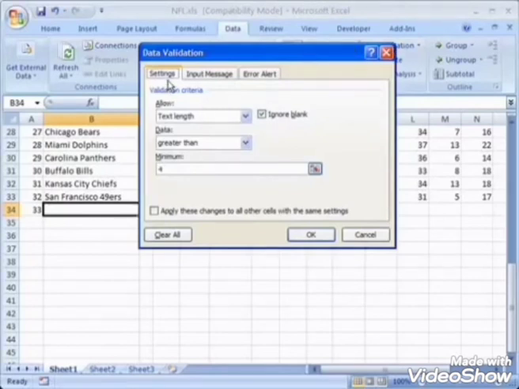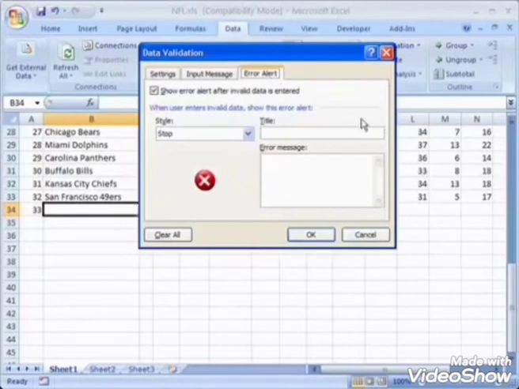Now again one time I will see the validation point. See, I will select which type of message you want. Here in Error Alert, you write which message you want in the text box; in the title, stop, wrong, information symbol.